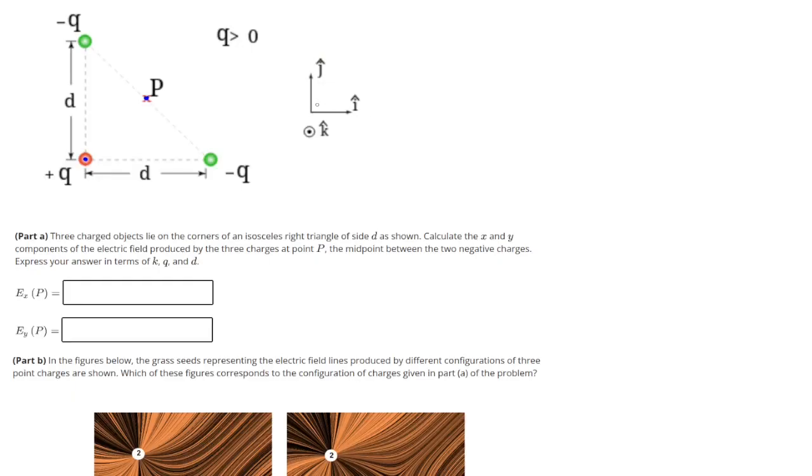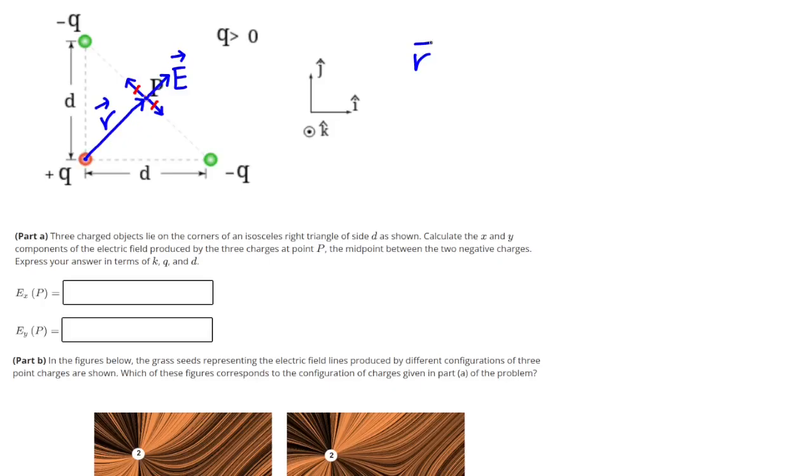then a negative charge produces an electric field that points towards it, and the other negative charge produces an equal and opposite electric field. So because point P is at the midpoint between those charges, these two electric fields cancel each other out. So the only electric field left is due to the positive charge and pointing radially outwards. So that's the net electric field. So if we take a radial vector from this charge to point P,